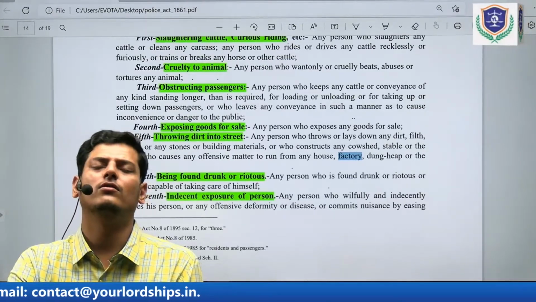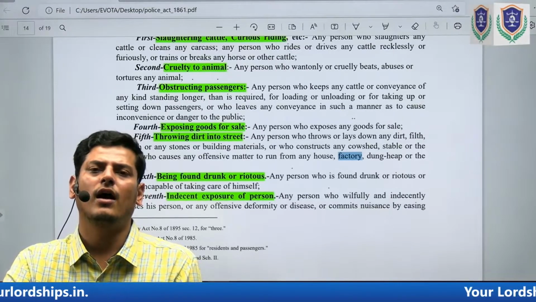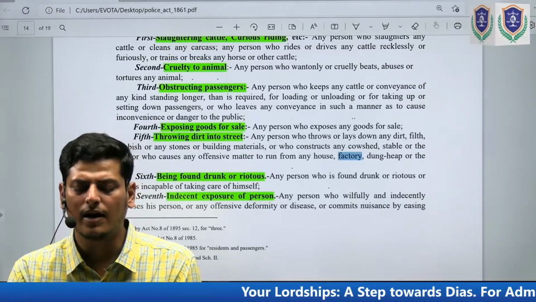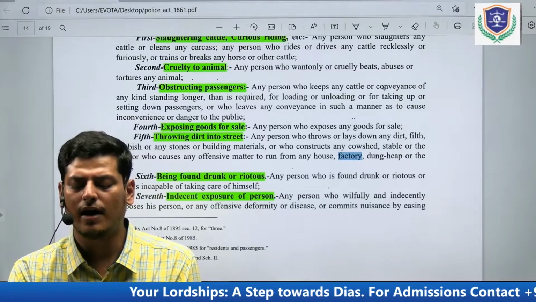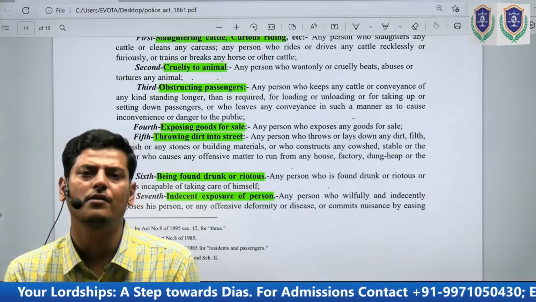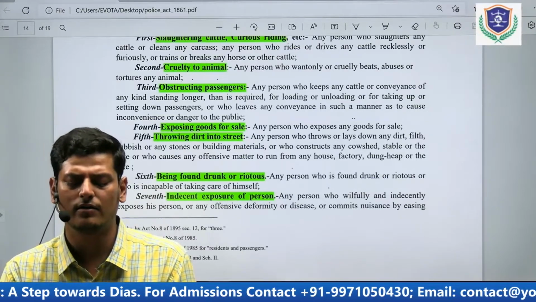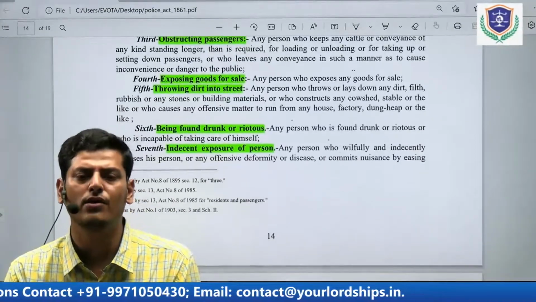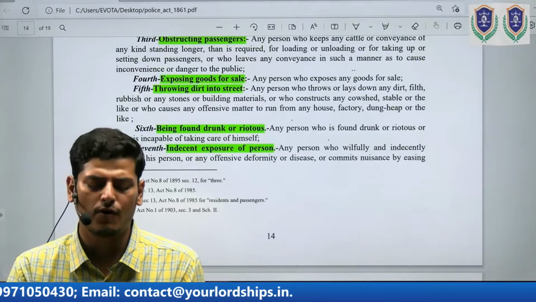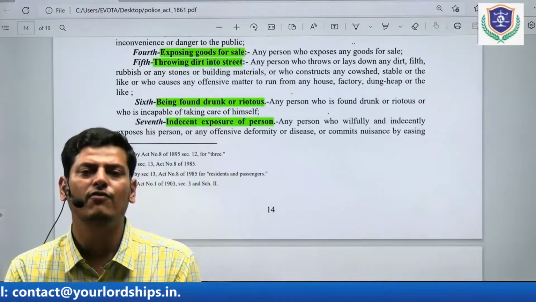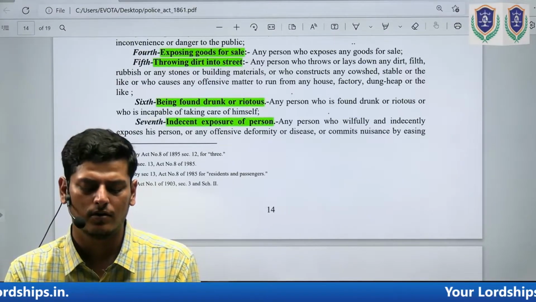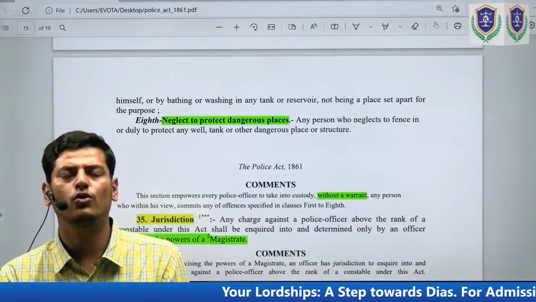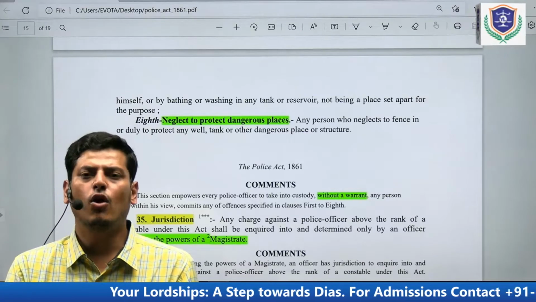अक्सर आपने देखा हो, आप जा रहे हो और सड़क से जो है तमाम गाय भैंस आदमी खड़ा है, उसको लेके पास करा रहा है. रीजनेबल टाइम में तक है तब तो कोई दिक्कत नहीं है, लेकिन many a times we see any person who keeps any cattle and conveyance of any kind standing longer than is required for loading, unloading, taking up, setting down passengers, and who leaves any conveyance in such manner as to cause inconvenience or danger to the public, exposing the goods for sale, throwing dirt into the street, being found drunk, riotous, indecent exposure, neglect to protect the dangerous places. कोई कुआं है, उसके कोई बाउंड्री ही नहीं है. So in all these 8 categories we see